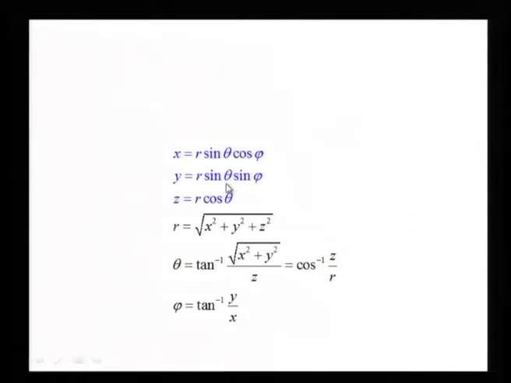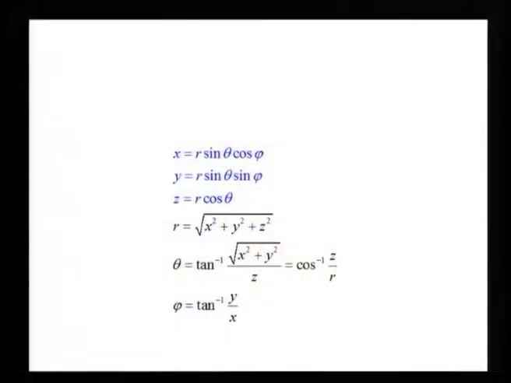Elementary trigonometry tells me r is nothing but square root of x square plus y square plus z square, which obviously is the distance of the point O to the point P. And from those relations you can find out what is theta and what is phi. So, you can see immediately that cos theta is z by r. So, if cos theta is z by r, I know what is sin theta, x square plus y square plus z square is r square, and all these relationships become clear.